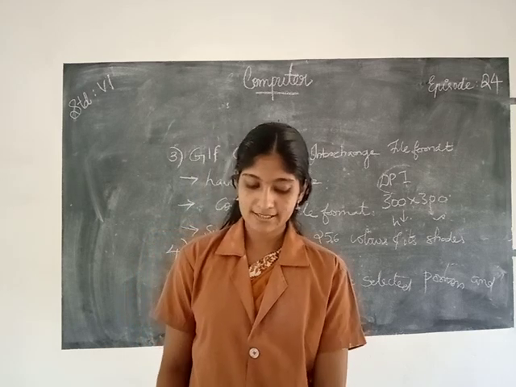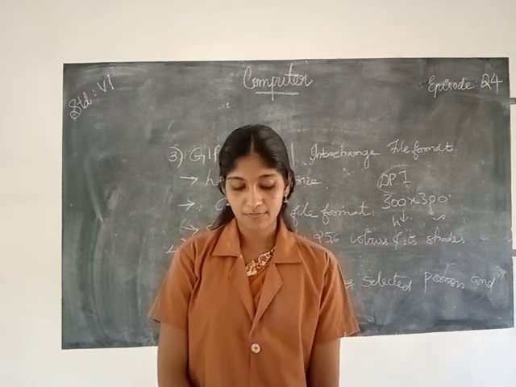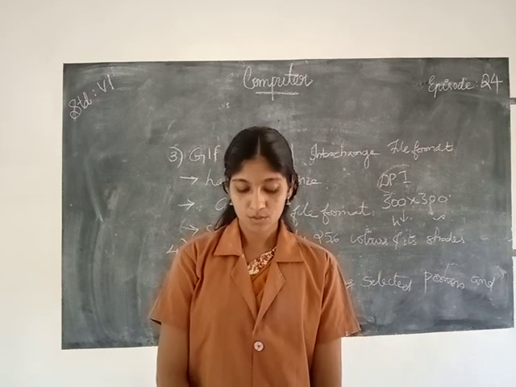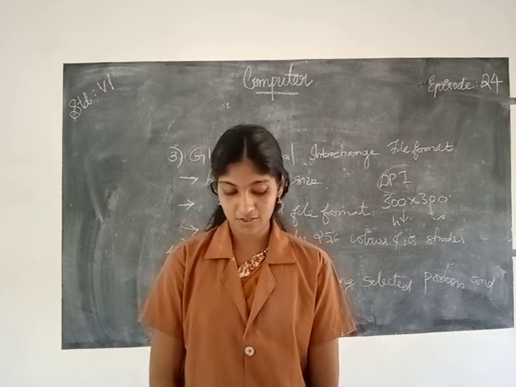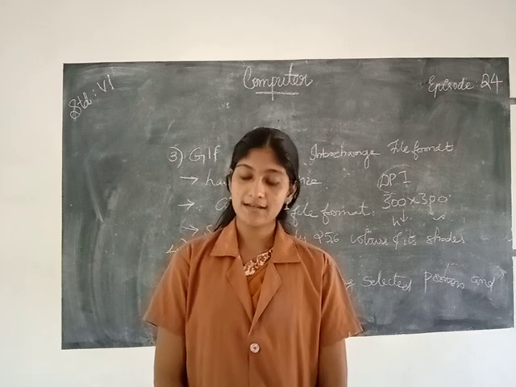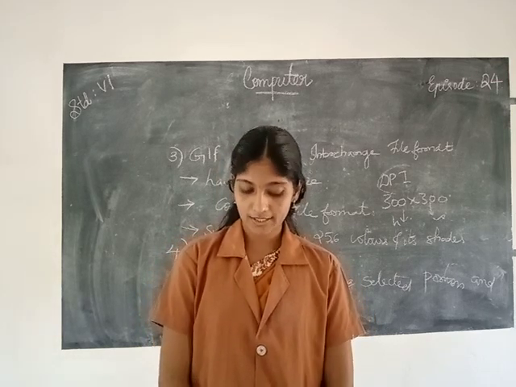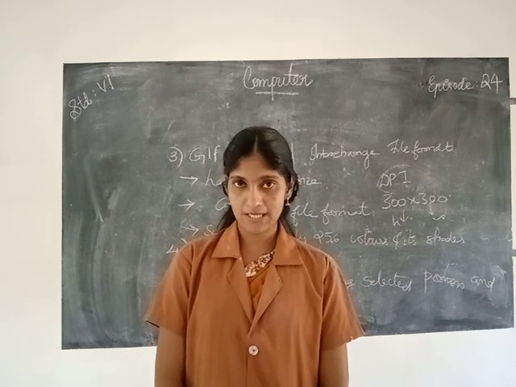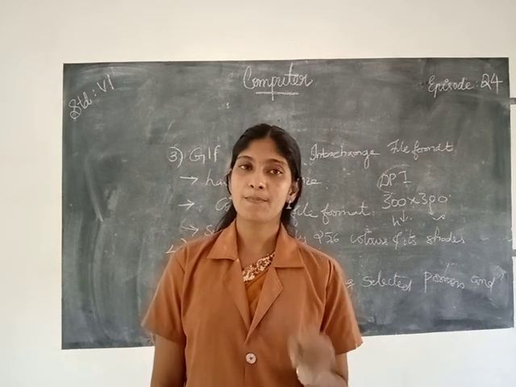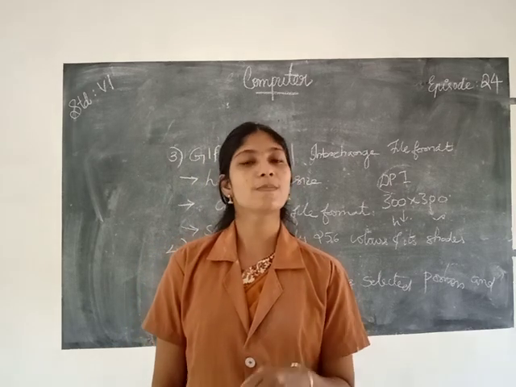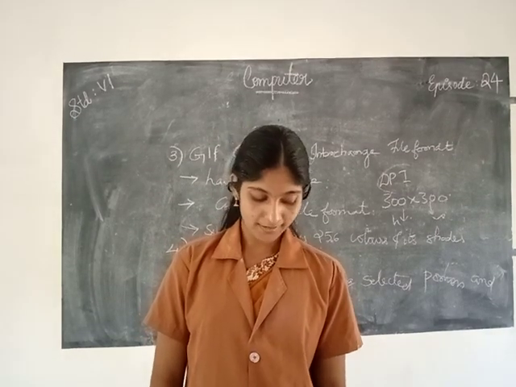Once again, let's go through a quick recap. Photoshop is the graphic program used for photo retouching and image manipulation. The image is made of pixels. A pixel is a single dot on a computer display or digital image. For an image on a screen, PPI, pixels per inch, can be used to measure it, otherwise DPI, dots per inch.